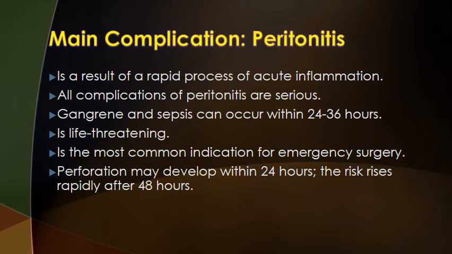The main complication of appendicitis, if it does burst, is peritonitis. Peritonitis is a result of a rapid process of acute inflammation, and all complications of peritonitis are extremely serious. Gangrene and sepsis can occur within 24 to 36 hours. It is life-threatening. It is the most common indication for emergency surgery. Perforation may develop within 24 hours, and the risk rises rapidly after 48 hours. So early identification, of course prevention is the best, but early identification and surgical treatment is required to save their